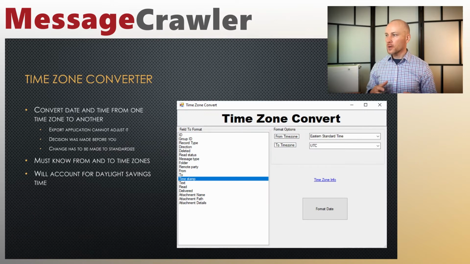All right, so why would you convert dates from one time zone to another? Well, some forensic applications do not support exporting data in a time zone you want. It may only export in GMT. I've seen some forensic software that had bugs with time zone conversion. They would not account for daylight savings time. So when you would pick Eastern time zone, the results would not be useful because daylight savings time was not